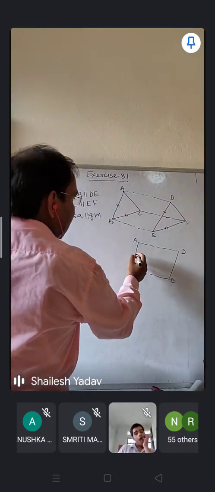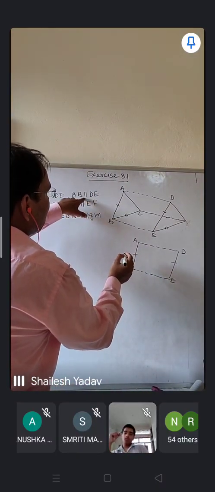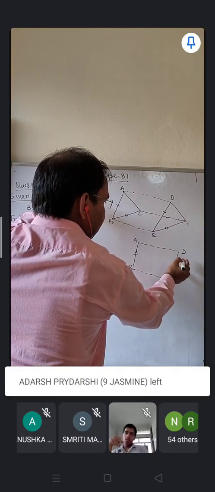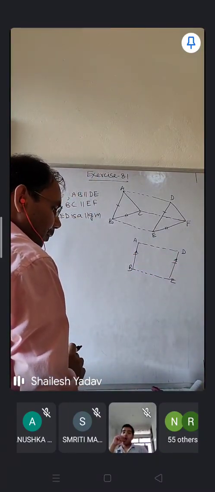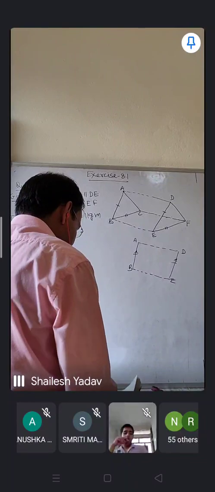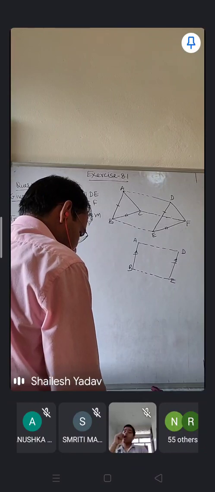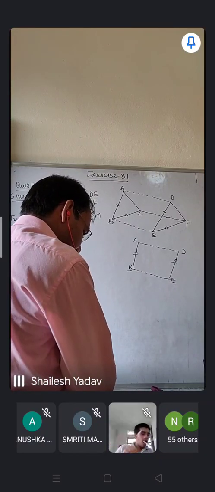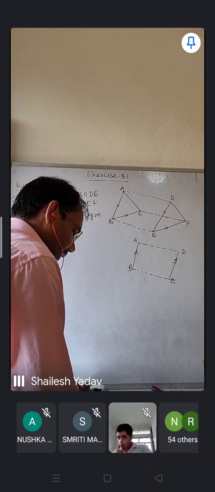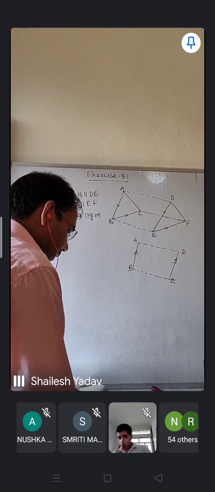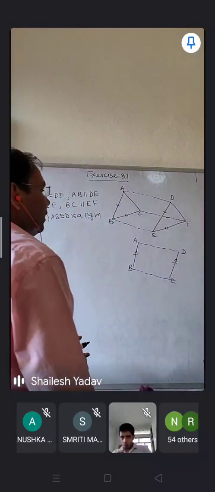So students, here it is given AB equal to ED. It is given in the question. And it is also given that AB is parallel to DE. AB parallel to DE and AB equal to DE, that is given in the question. So students, kindly open page number 145 where theorem 8.8 is given. In this theorem it is given that a quadrilateral is a parallelogram if a pair of opposite sides is equal and parallel. So it is the theorem, it means you can use this theorem in the question.